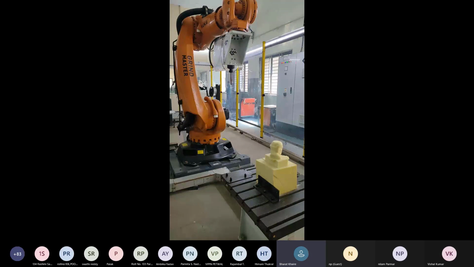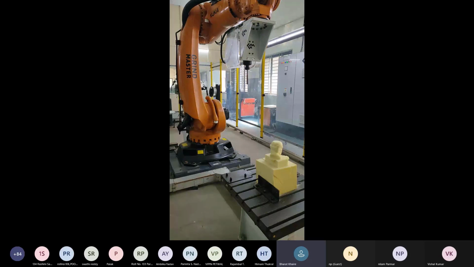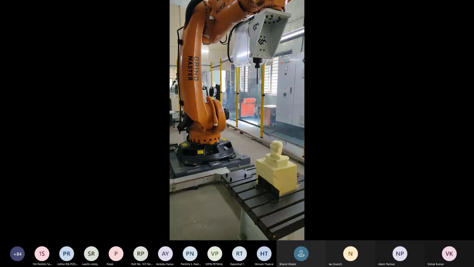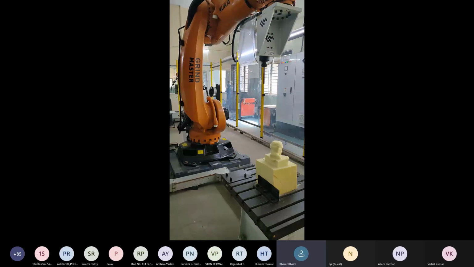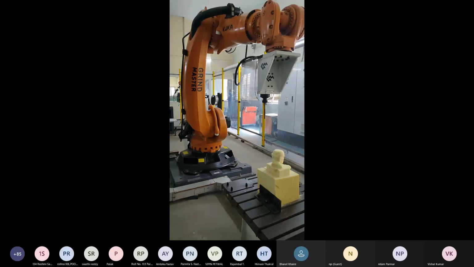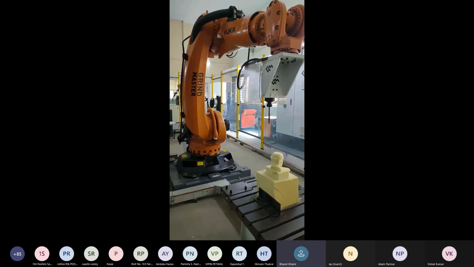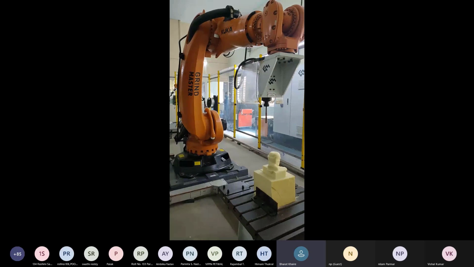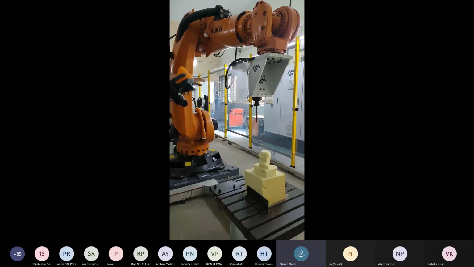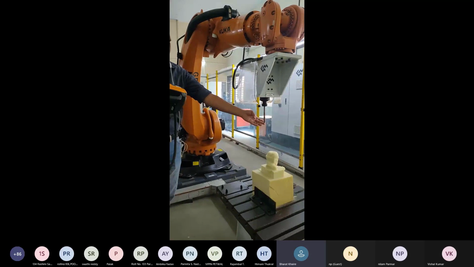We will give the first point as a PTP, point to point. PTP generation. Okay. From the home position, this is the first point of our program.